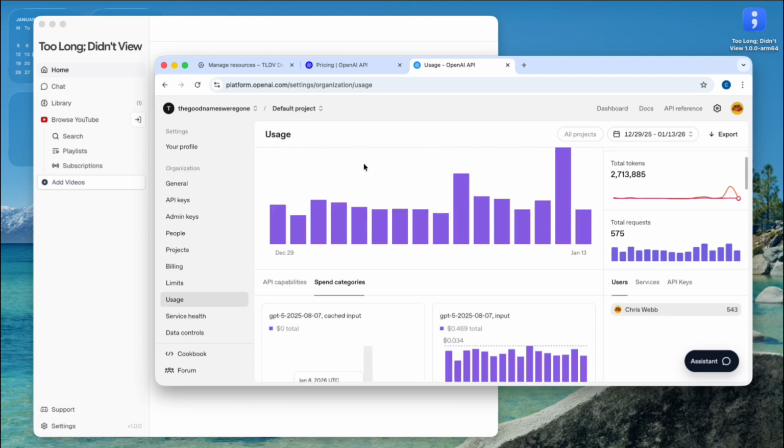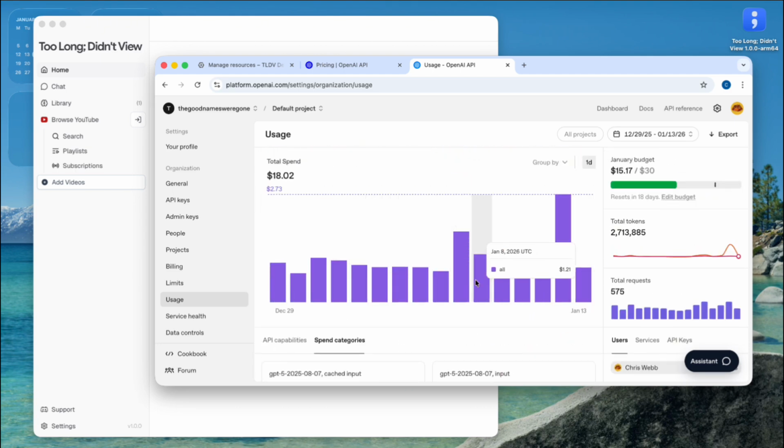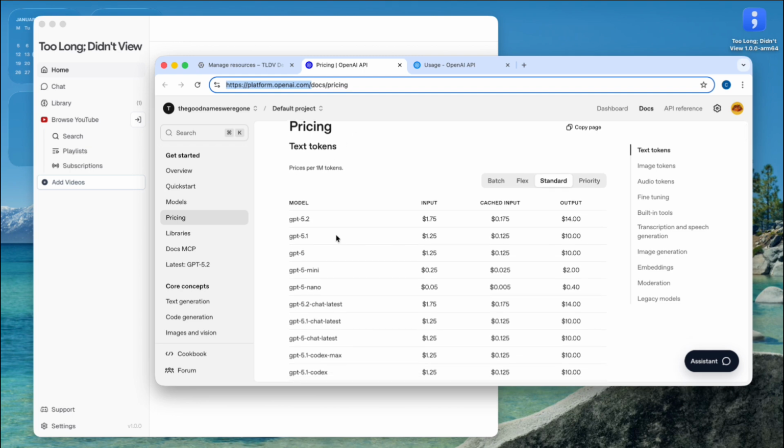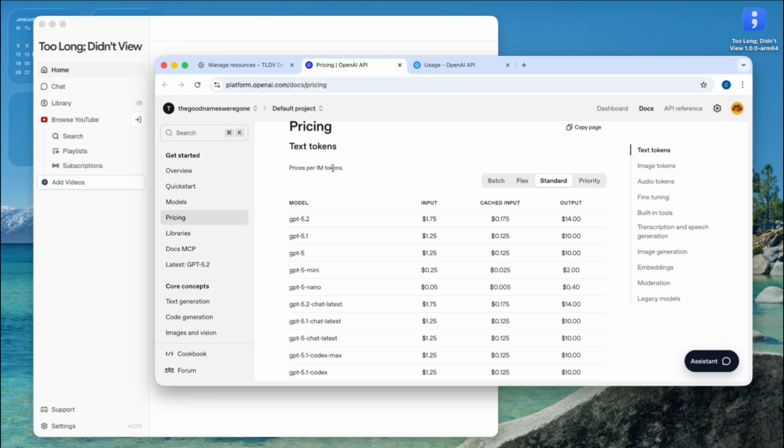That's why my account looks like I'm spending quite a lot, when in fact for text, for just doing the search and chats that Too Long Didn't View will use, you're going to be spending cents. To give you some idea of costs, the different models have these fees for 1 million tokens. So what are tokens? Tokens is how much text is being sent to OpenAI for a query, and also how much text is sent back. It's a relative scale, but you can see models like GPT5 Nano,